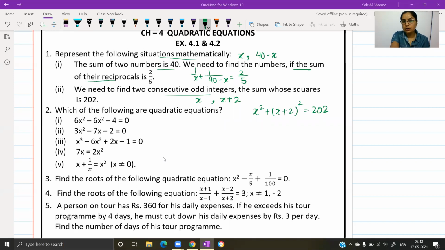अगर तो MCQ form में आएगा, you only have to write down the option. But in case it is given as a 1-mark objective type question, you should show that the term containing x square is not present, or it has a term containing higher degree. तो फिर ये quadratic equation नहीं होगी.